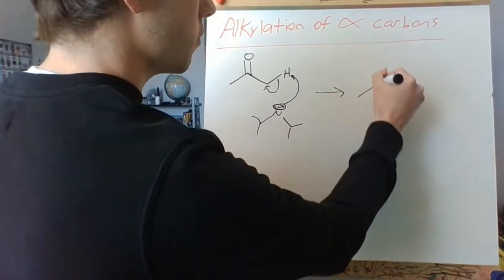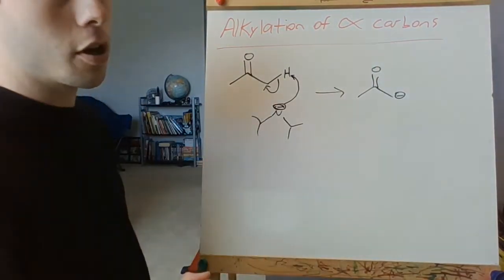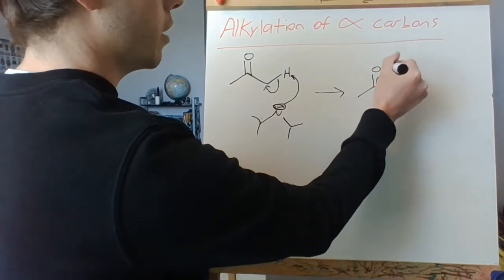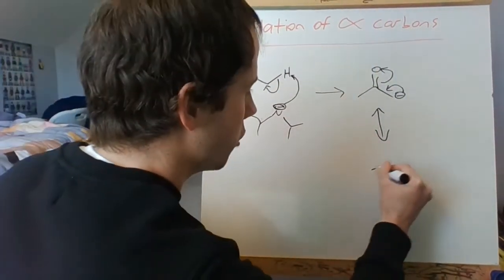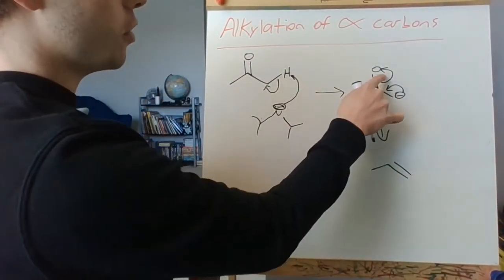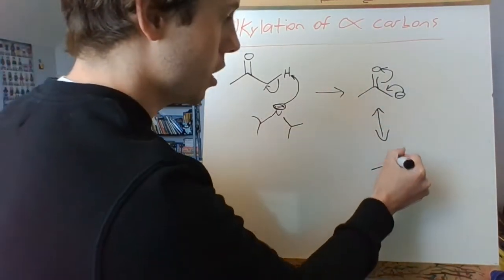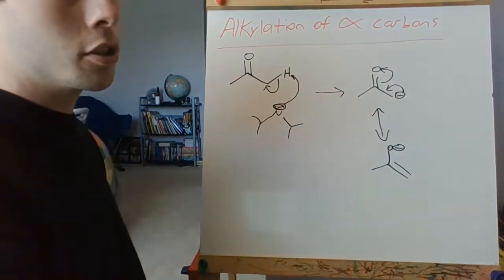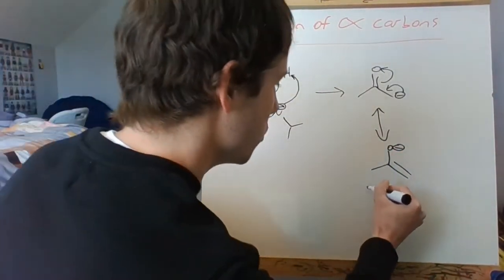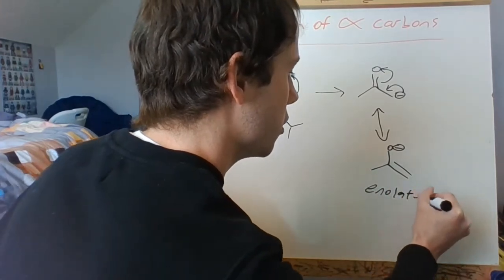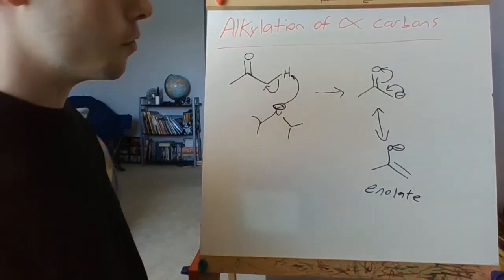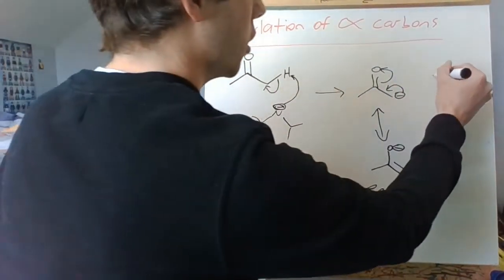We draw out the products of this. We have this negatively charged carbon. Remember, this also has a resonance structure where we push this down and move this up. If we draw this out, that means these electrons are now a double bond right here, and then we now have pushed these electrons up onto the oxygen, making it have a negative charge. If there's an H on here, we call it an enol. Since there's a negative charge, we call this an enolate. And so enolates can act as nucleophiles and attack electrophiles. We draw our